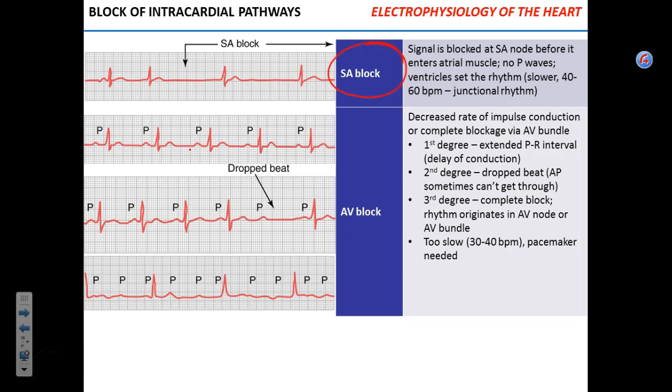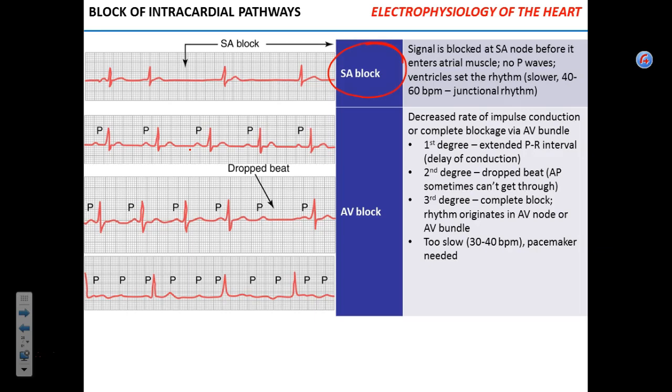So remember that SA block, where is it located? Atria. In the SA block, there's an electrical impulse. What is depolarized? Atria, meaning atria contract. Now, how do we see it on EKG? P wave. When SA node is blocked,